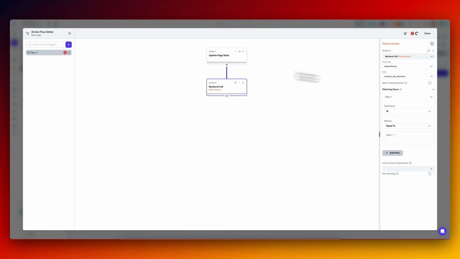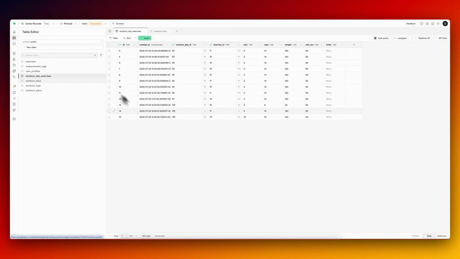We are getting workout day exercises, which is this one right here, workout day exercises. And if we refresh it, we have this new exercise. So we need to find the ID, or we can get the workout day IDs. No, we don't want the workout day ID because that's the days. We only want the ID here, but we don't have that ID because when we add it, we don't really track it. And so what we can do is we can kill it by the exercise ID and the workout day ID, because you're typically not going to have the same exercise multiple times in that day. You're going to have it once, you're going to have your sets, you're going to have this, and then you're